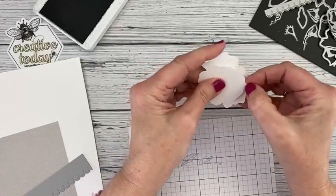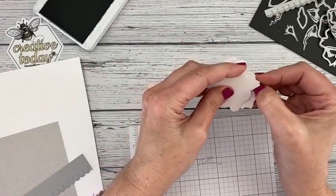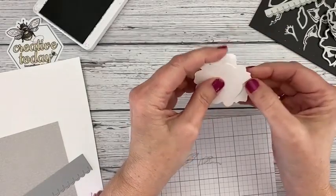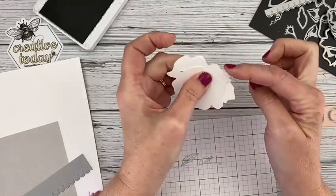and take a peek at the back and find that little tip. Oh, you have yellow peonies, Marcia? That sounds really pretty. Okay, so we'll just get that all positioned like that, and you can see how it's